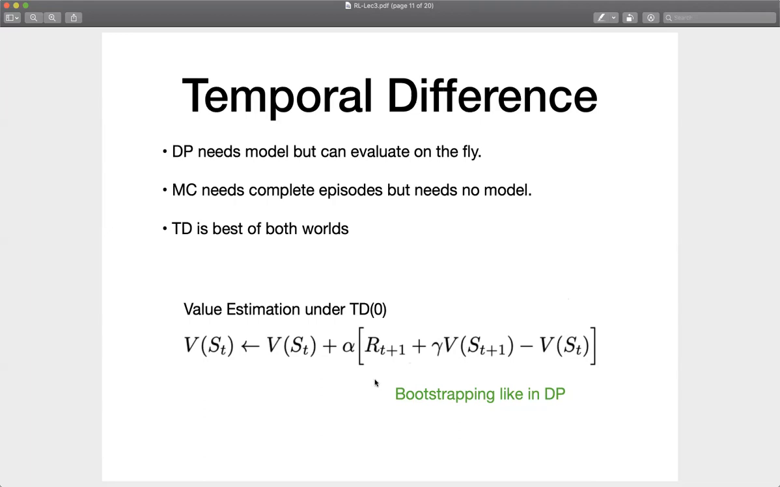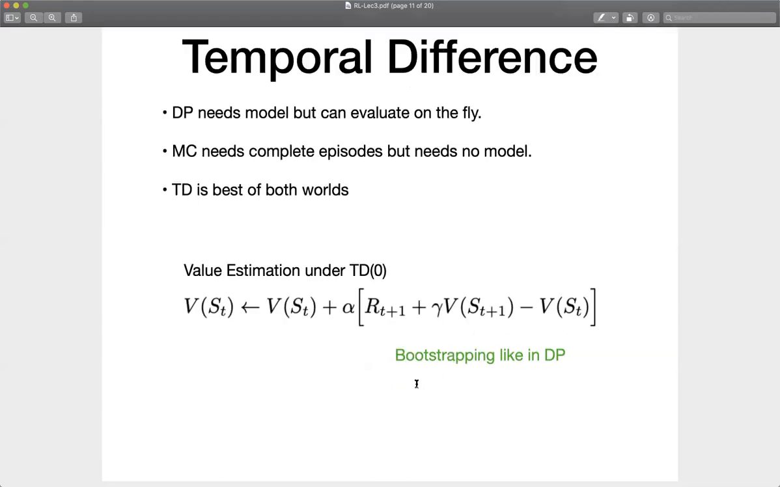And so it's just like dynamic programming. There's a bootstrapping, but I don't need a model for it. I'm gonna use the environment like in Monte Carlo to generate for me the realized return, and I'm gonna use my current estimate of the state value to generate what the future rewards would be. Okay, so